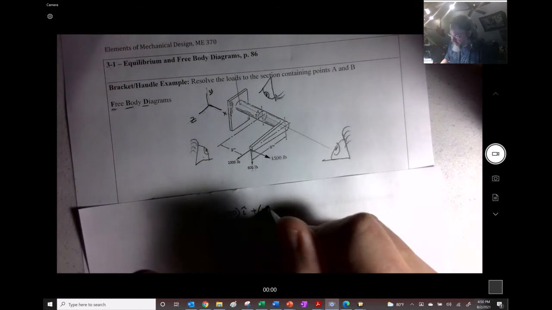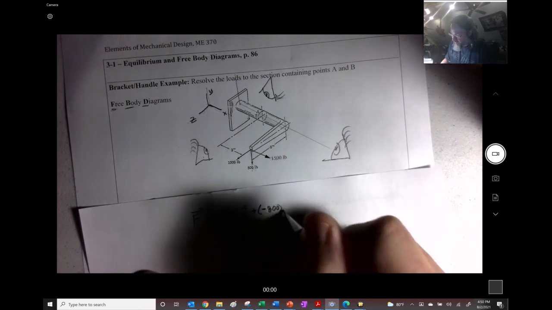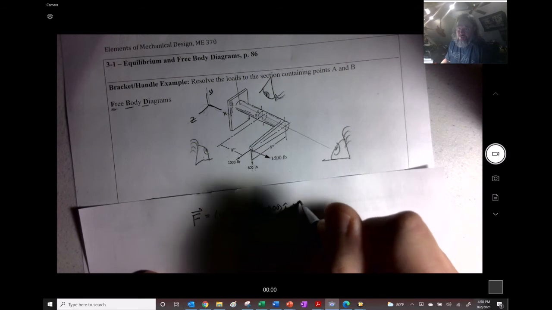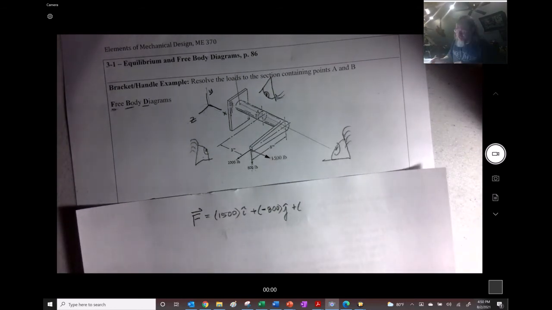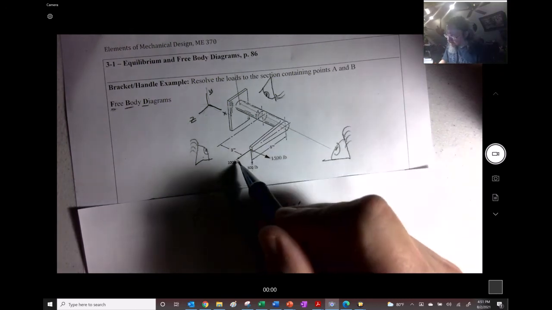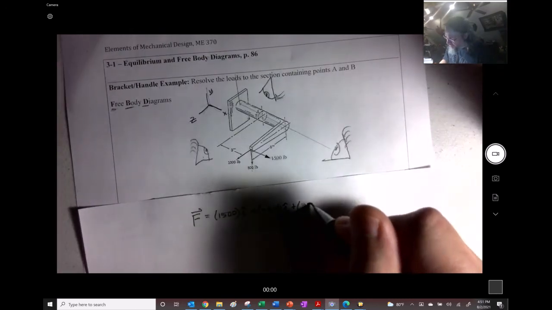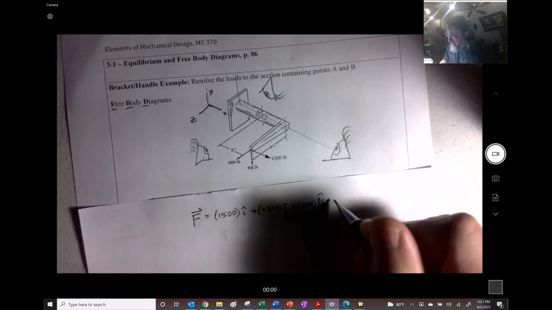the parentheses. I really like parentheses. If you keep track of that throughout the semester, you can kind of see. I almost think of the parentheses as a little hug. They're hugging the numbers. But anyway, in the z direction, we have a positive 1,000 k, and then these are